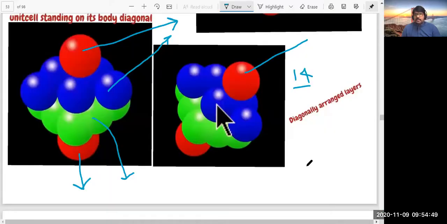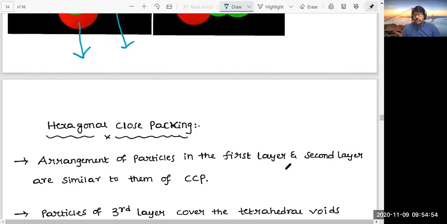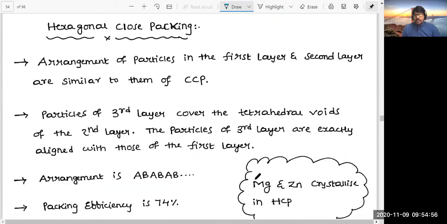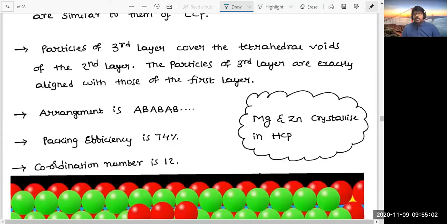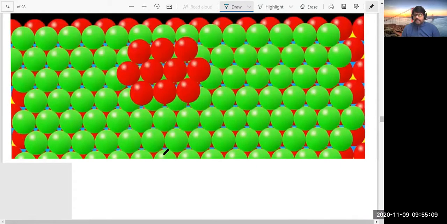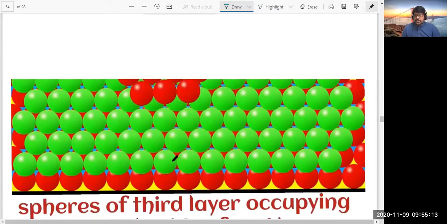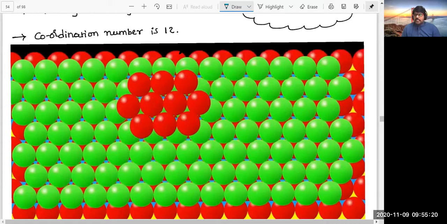Almost similar. And most importantly, I just wanted to give a statement here. In the case of CCP and HCP, the particles of the first layer and the particles of the second layer are absolutely the same. That means the arrangement of the first layer is similar to two-dimensional HCP.